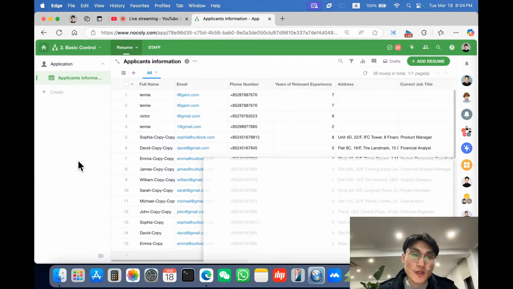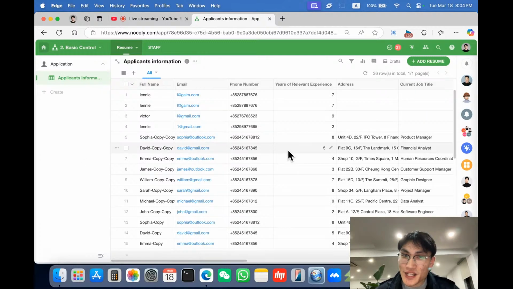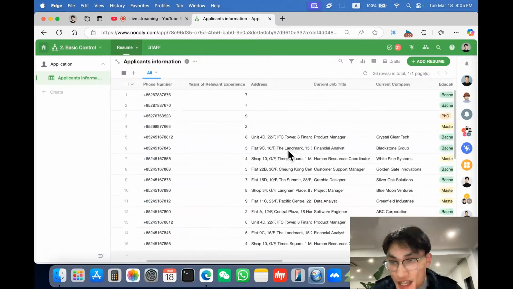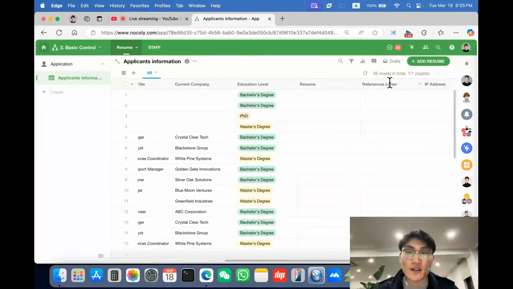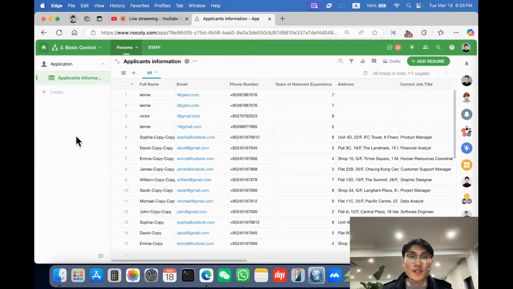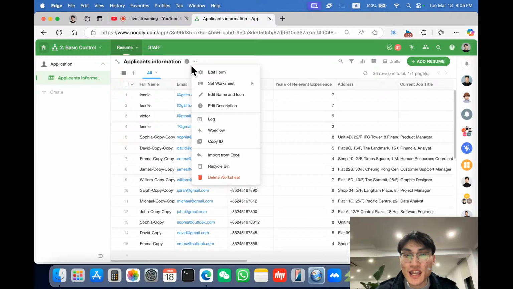Okay, so can I find an application ID in this heading? I can't find it. So this is the display page of the data, the applicants information. You can see a lot of data, 36 rows in total. And how to change the headings? Click the ellipsis here. You click the ellipsis if you have the permission to edit the form, and you choose